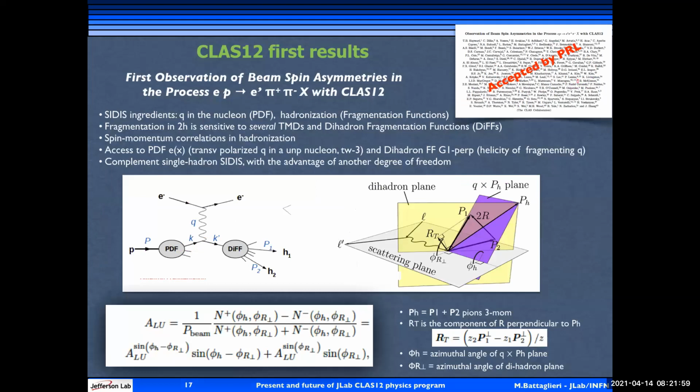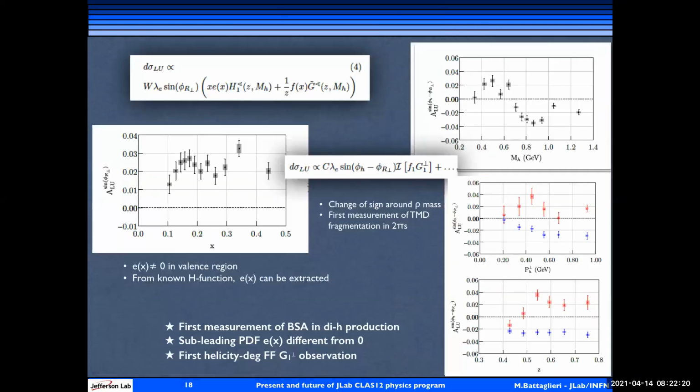Same thing for an even more complicated kinematics, for the dihadron. This is a kind of brand new frontier for semi-inclusive deep inelastic scattering, because in this case there is only very little information available. Here you can have not only the standard fragmentation function, but the dihadron fragmentation function, something brand new, never measured. And again, you can see here the asymmetry as a function of x-Bjorken and of the dihadron mass, the change of sign when the dihadron mass moves from below to above the mass of the rho, and how the asymmetry looks for the 2 kinematic regions, red and